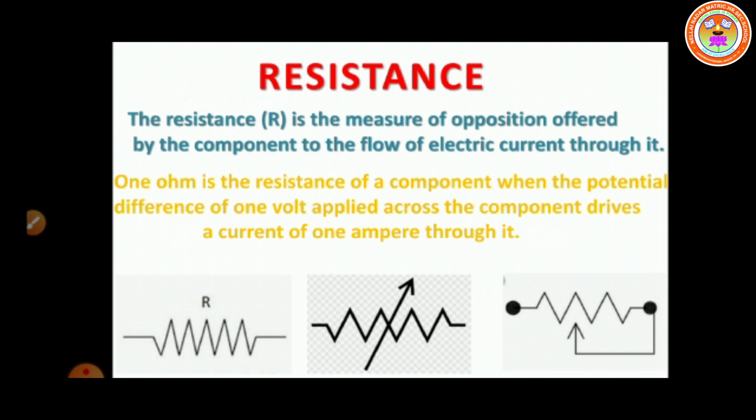So the resistance is the measure of opposition offered by the component to the flow of electrical current through it. It offers some resistivity. It opposes the further flow of the electrical current. Different electrical components offer different electrical resistance. Already you know, metals like copper, aluminum, etc. have very negligible resistance. Their resistance is taken as a very small value only. That's why they are called good conductors. They conduct the current, isn't it?